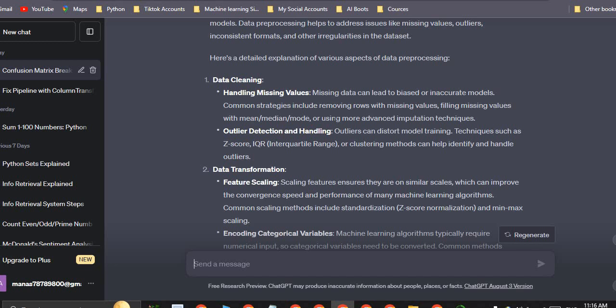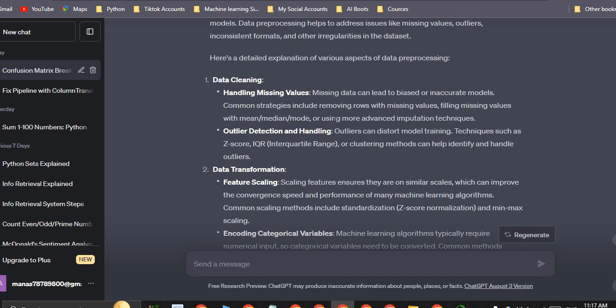Outlier detection and handling: outliers can destroy the model. Techniques such as Z-score and IQR or clustering methods can help identify and handle outliers.